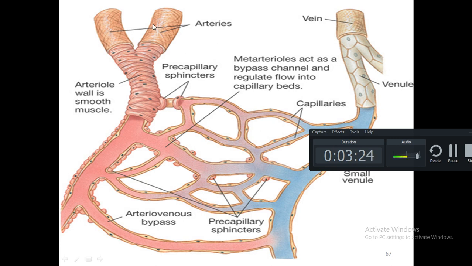This is the diagram showing the arterioles. These are the arteries, and then these arteries end up in the arterioles where the smooth muscle is present in a continuous fashion. Then there are the metarterioles. These are the metarterioles where the smooth muscles are present sparingly, here and there only. There is not a continuous coat. And then there is the precapillary sphincter. These are the areas where the capillaries and the metarterioles just end up, and there is a single fiber of smooth muscle just where it empties into the capillaries.